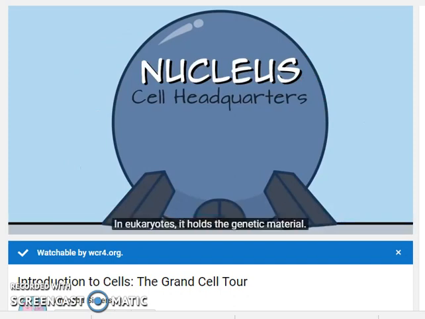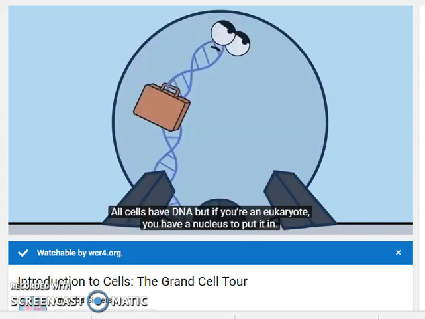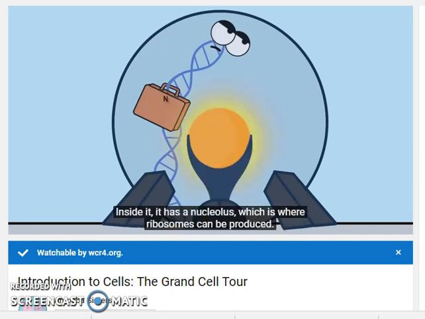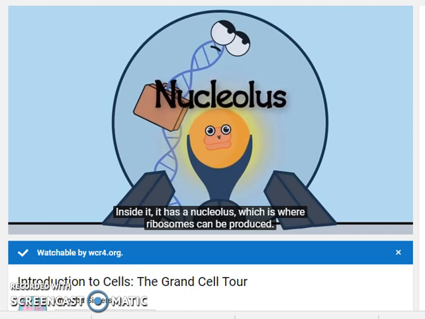Now in eukaryotes, it holds the genetic material. Genetic material as in DNA, for example. Both prokaryotes and eukaryotes have DNA, but if you're a eukaryote, you have a nucleus to put it in. And the nucleus controls the cell's activities, and inside it, it has a nucleolus, which is where ribosomes can be